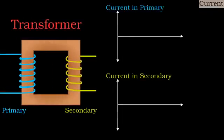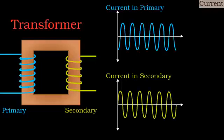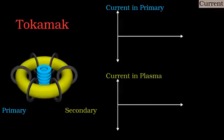Outside the vacuum chamber are coils which act as the primary coil of a transformer, and the plasma torus is just like a giant secondary coil. As a consequence of Faraday's law, the current induced in the secondary is proportional to the rate of change of current in the primary. In an ordinary transformer, there is alternating current in the primary, and as a result also the secondary coil. But inside the tokamak, the current must be constant, and therefore in the primary coil it must